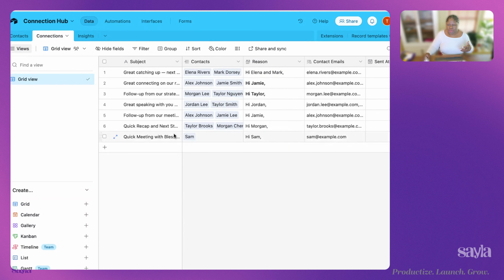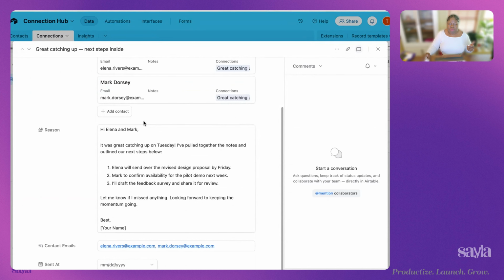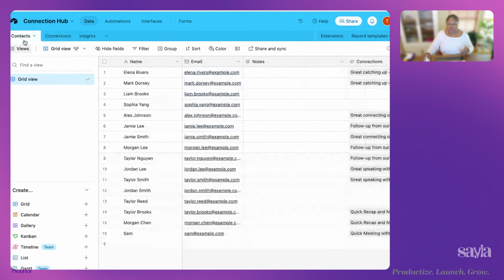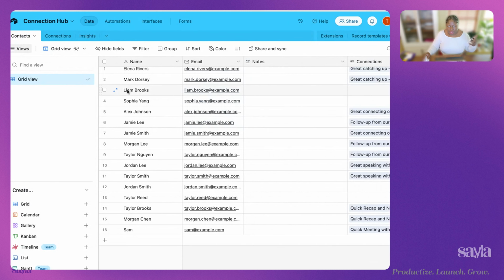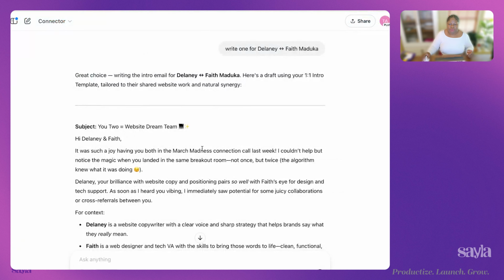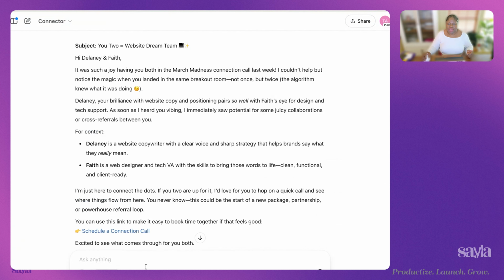The connections, again, these are the emails. And so we're tracking the emails, the contacts we're sending the emails to, and the reason is really the body of the reason for the connection is the email itself here. And even when we send the connection, we also have the contacts, keeping track of all the contacts, right? And so now that I have an email, it would be really, really cool if I can send this. And so what I have is a smart connector.